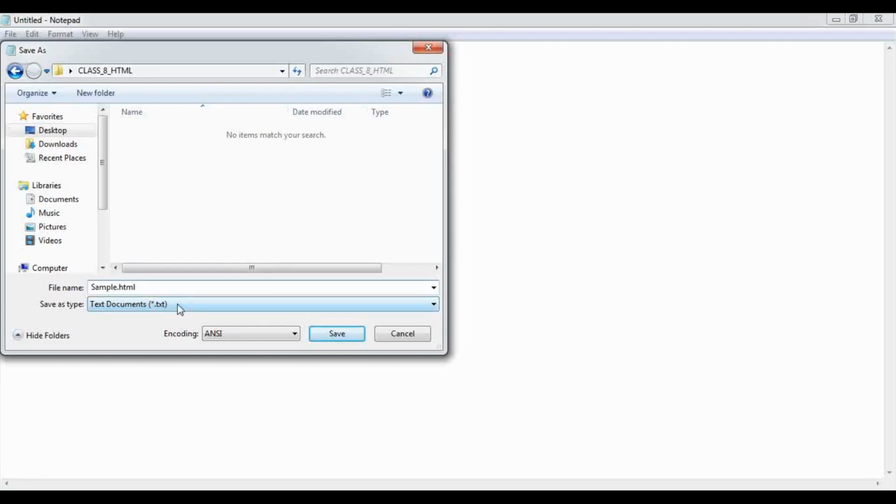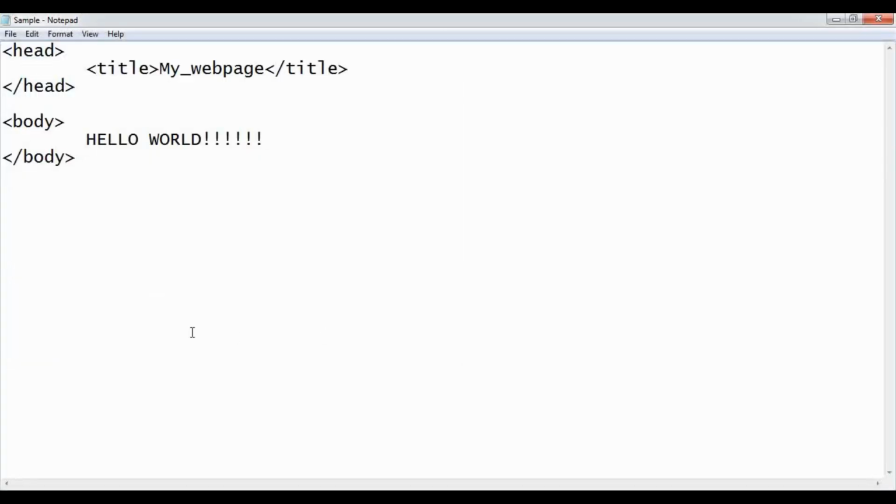So just click on this and select All Files. By selecting All Files, you are including the .html file also. Once you are done with giving the name of the file and changing it to All Files, click on Save. Now that your file is saved, it is ready to view.